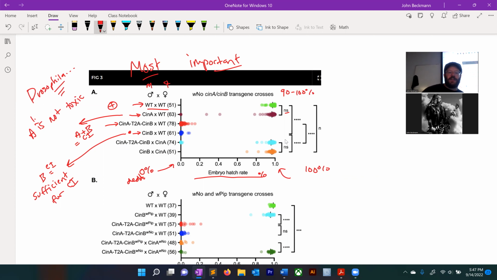Okay. Now these experiments. Here are the two CI inducers, either A plus B or just B alone, crossed to an A. So what are these testing? These are testing rescue, and they're completely rescuing, okay? So the conclusion is A does rescue, A is sufficient for rescue, and B is sufficient